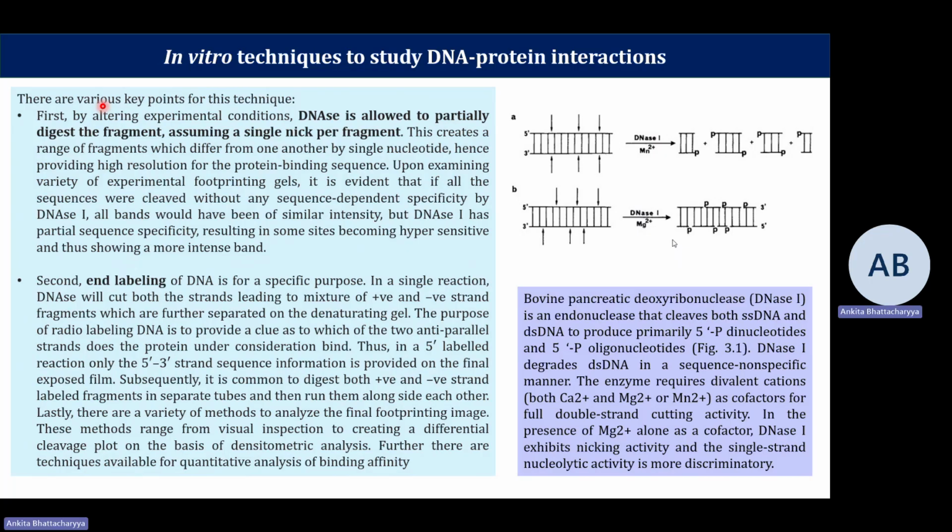Why is this necessary? If you add too much of an enzyme, then beyond a threshold, non-specific digestion is actually possible. So therefore, it is definitely a good practice to dilute your conditions such that DNase makes only one cut per molecule, maintaining the procedure. So this creates, as a result, a range of fragments